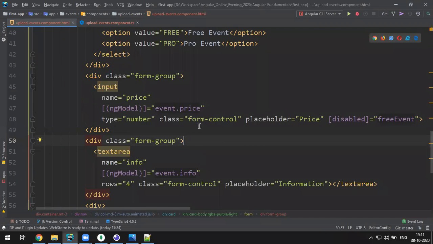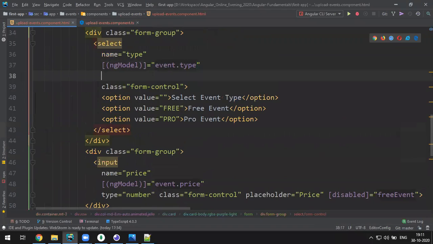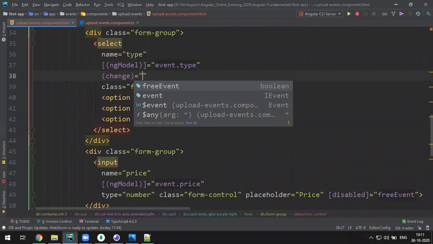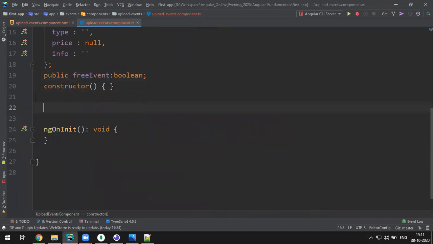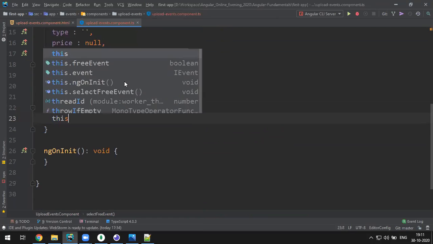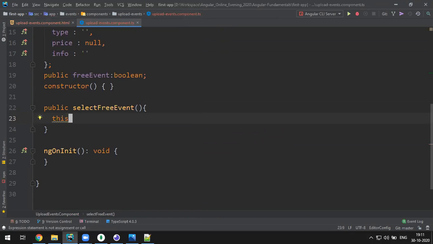So how do I do that? Somewhere in here, I'll write something called on change, the change event. On change, I call a function here, let's say select free event. One function. Copy this, make it select free event public. Actually not required, but it should be a proper one. So this dot free event is equal to,